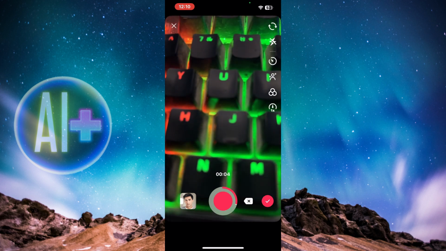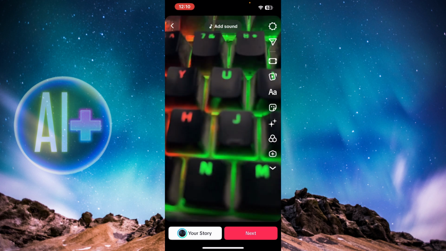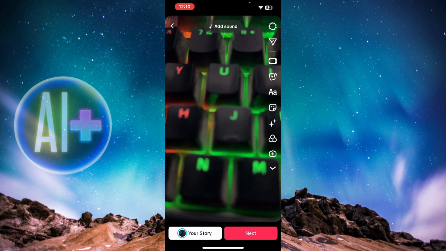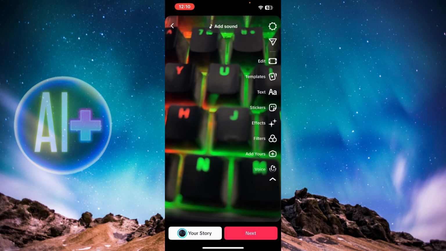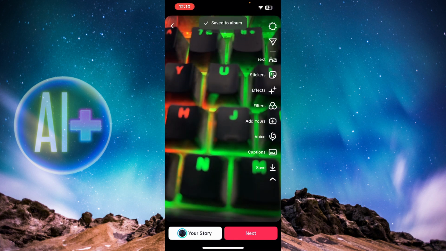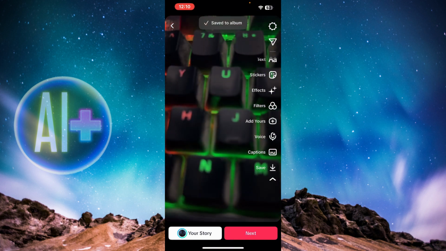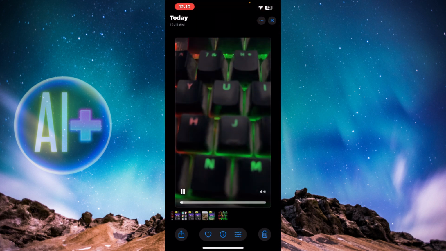And once you record it, just basically press done. And here, as you can see, the video is running. But now what you have to do is just press on this arrow over here, and you'll see the option of save. So if you press save from here, as you can see, you haven't even posted this video, and this video has directly been saved. And here, as you can see,